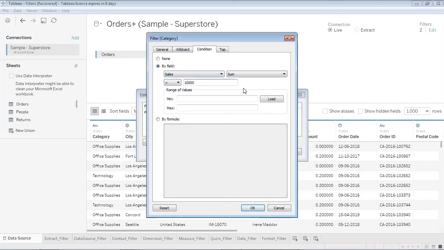Whether this condition will fetch me a result or not, I can check using load. If I load over here, I'm getting null. So there is no record where I get sales greater than 10,000 and also match my previous condition where the profit should be positive. If I apply both these conditions, I'll get an empty data set. So I won't go for this condition.